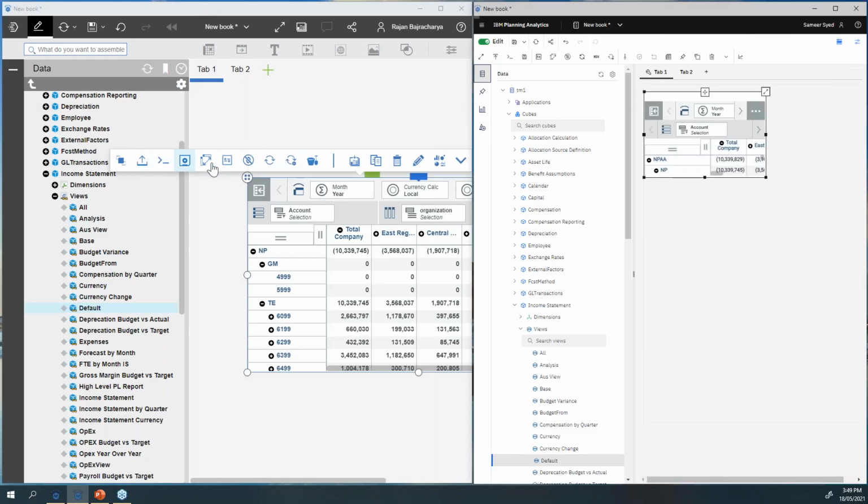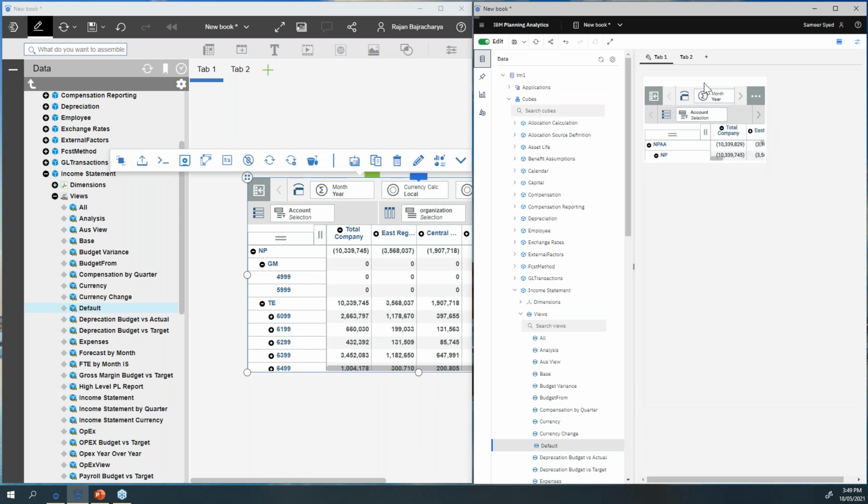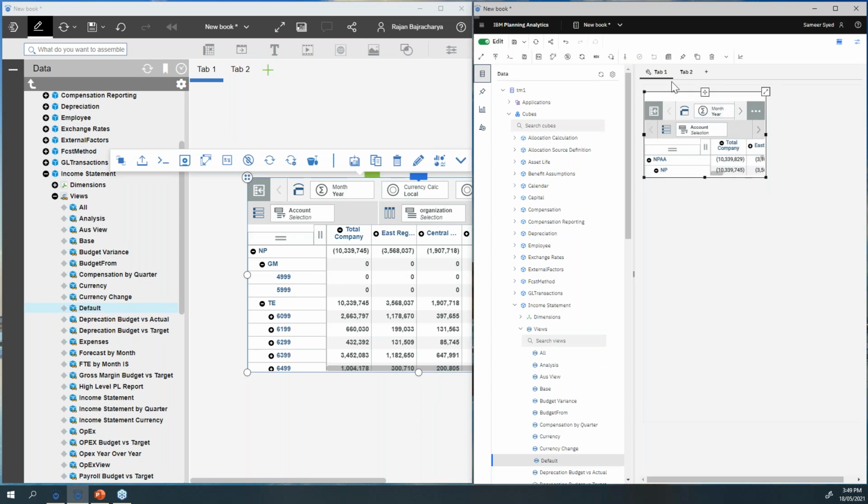As you can see, everything has been grouped into one line, whereas with the new version, you have these 2 options being grouped into 2 things. One is the book tools, which starts from here and finishes till here. And then you have these options, which is specifically for this cube view.